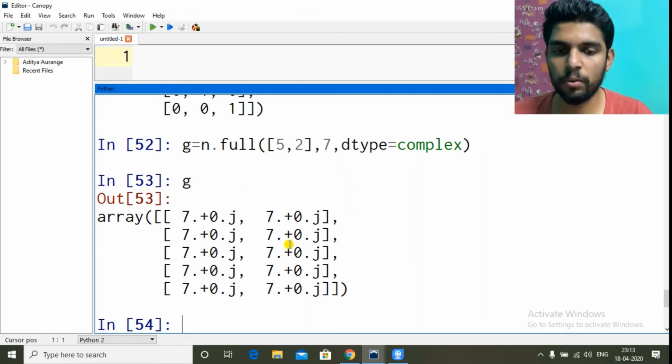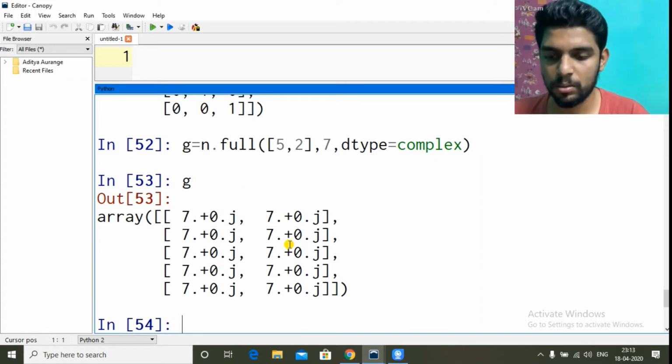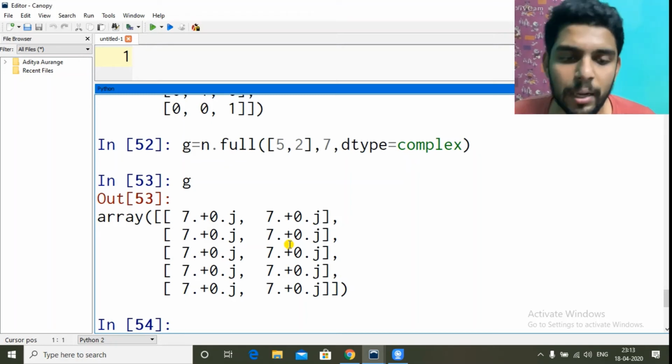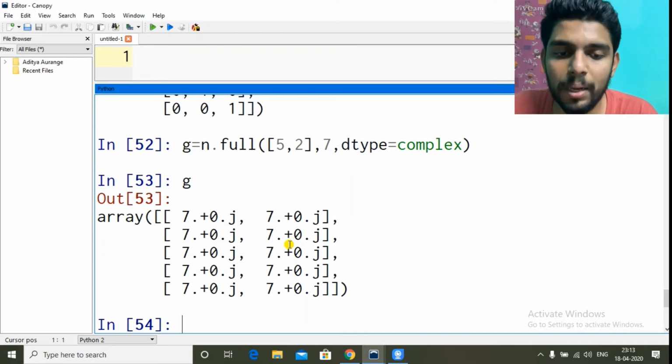Okay, so full we are done with. We can have it in integer also. So 7, 7, 7, 7, no imaginary part. How can we do this without using full? So simply we can do arithmetic operations on NumPy arrays. So create an array of all the elements having 1, then multiply it with that number which you want.